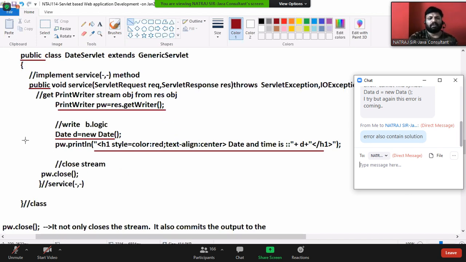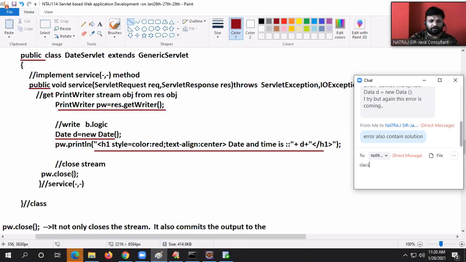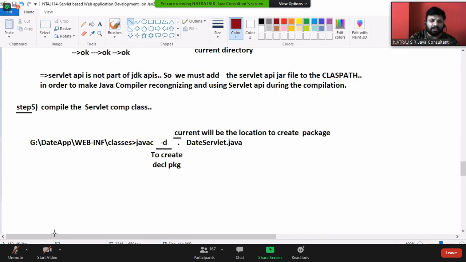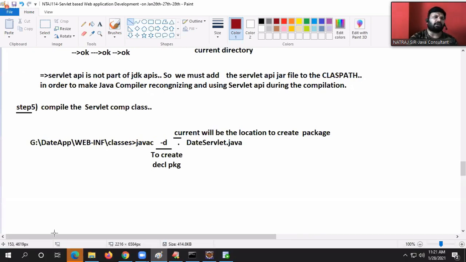Okay. Lastly, every stream should be closed, and we are closing the print writer stream also. When pw.close is called, not only does it close the stream, it also commits the output to the response object.